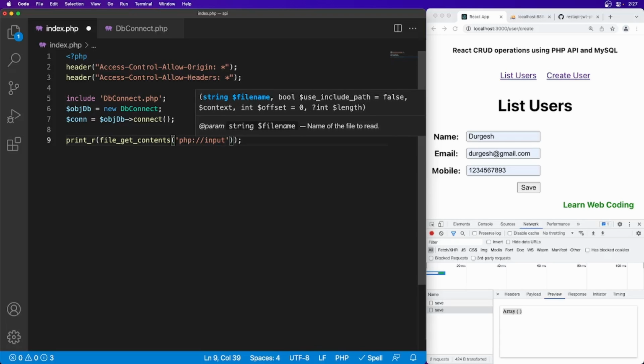So with this method you will be able to read the data in JSON format also.